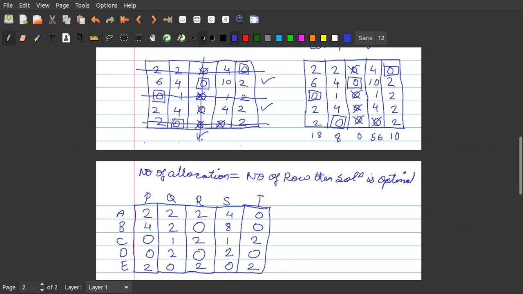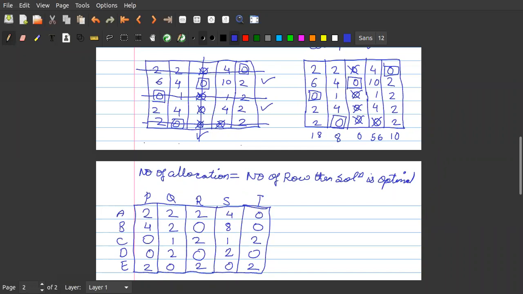After this, wherever there was single line passing, we have kept that value as it is. So 2, 2, 4, 0. Then 0, 1, 1, 2. Then 2, 0, 0, 2. In the remaining, these also are this 0 and this 0. These zeros are also having one vertical line only. So this will be written as it is.